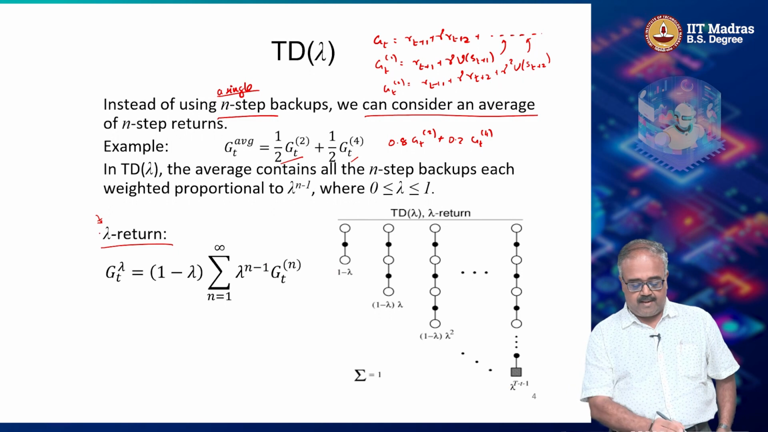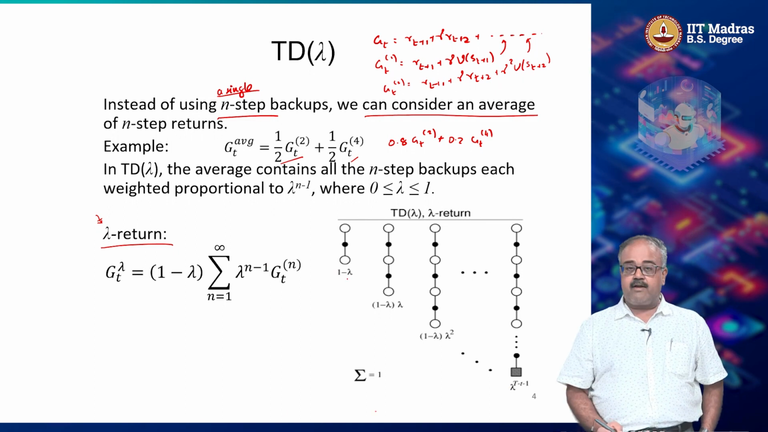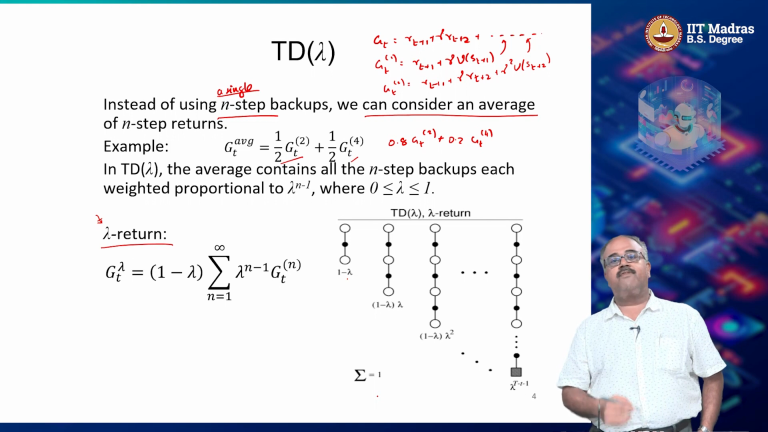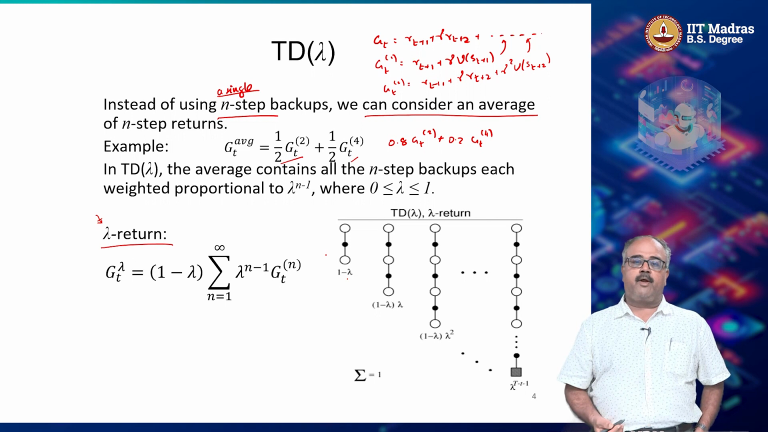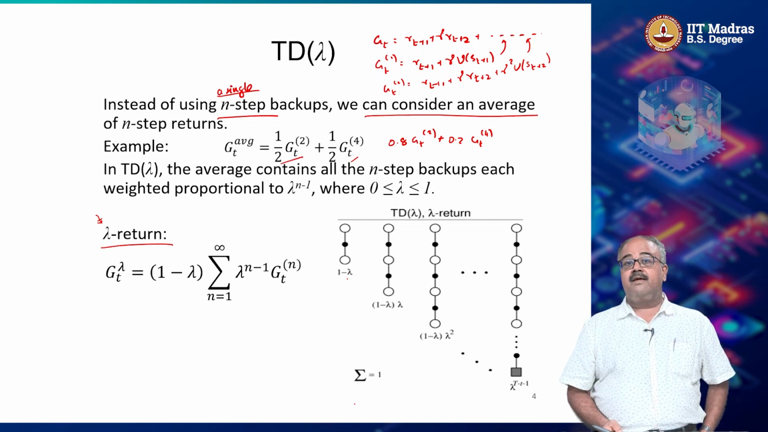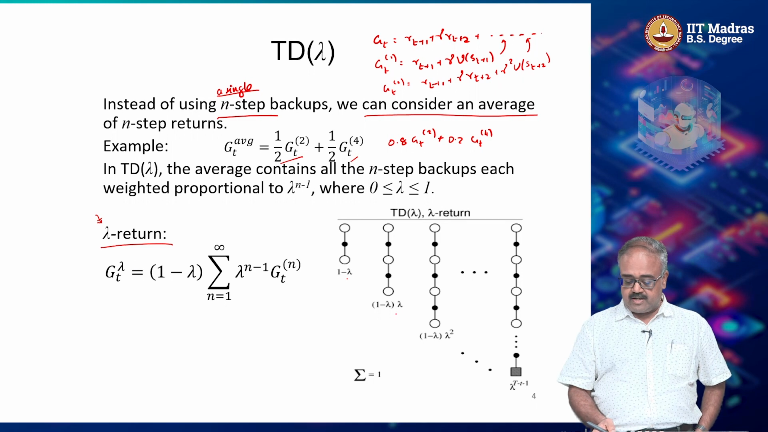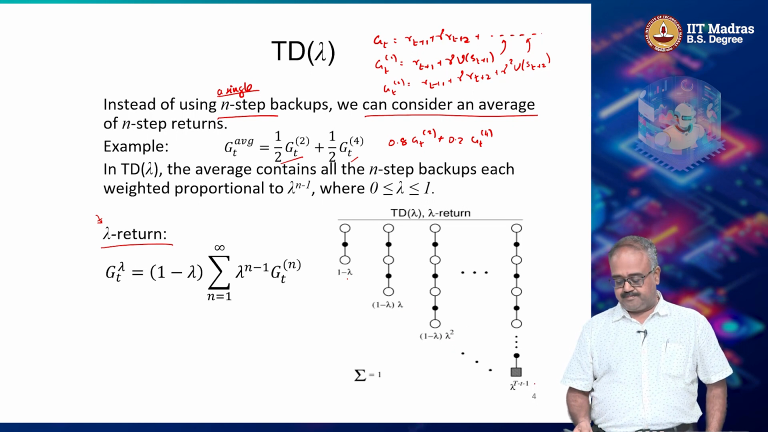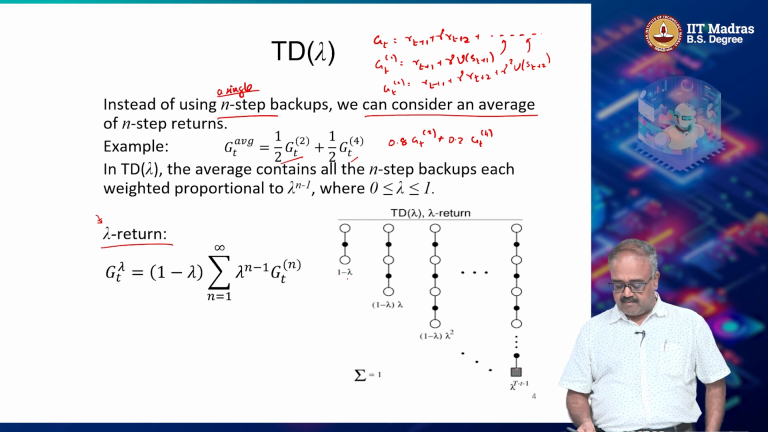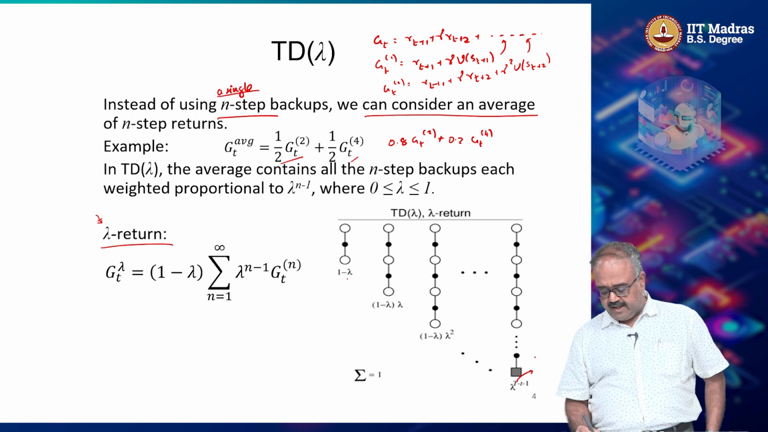So lambda is a hyperparameter, then it assigns a weight of 1 minus lambda to the 1-step return. So if lambda is very large, then the 1-step return gets a very small weight. If lambda is very small, like 0.1 or something, then the 1-step return gets a weight of 0.9, right? And then the 2-step return gets a weight of 1 minus lambda into lambda, and the 3-step return gets a weight of lambda squared, and all the way up till the Monte Carlo return, which gets a weight of lambda power capital T minus small t minus 1, where this capital T is